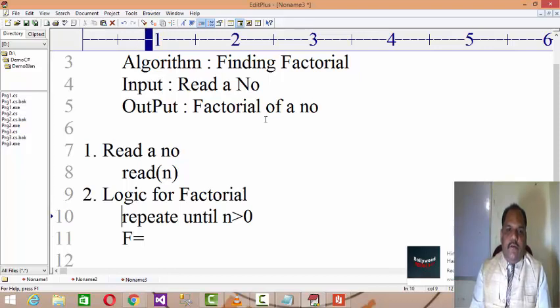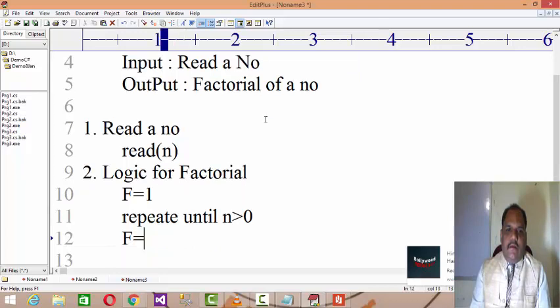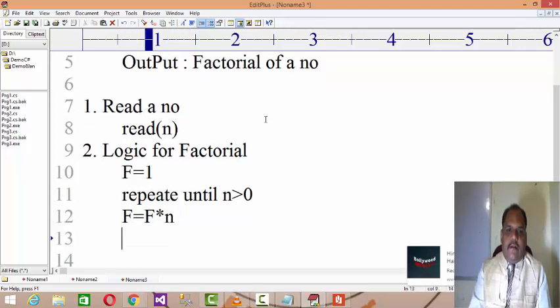Set f equals to 1, then f equals to f into n, and n equals to n minus 1. Whatever the value of n is, you multiply it to f, and as f is holding the multiplication, it has to be initialized to 1, otherwise everything becomes 0.